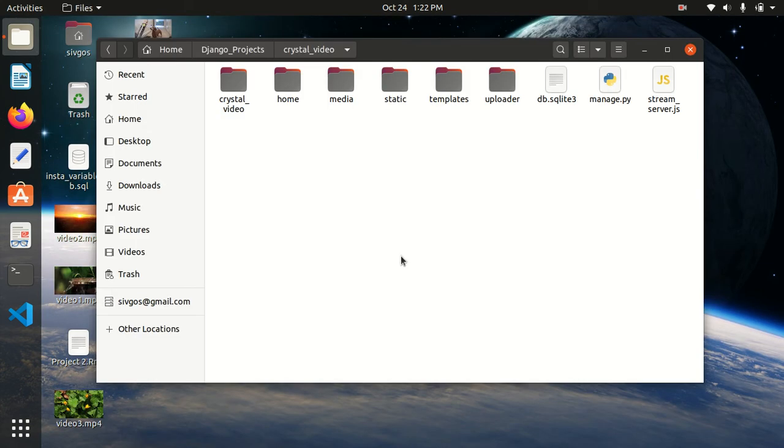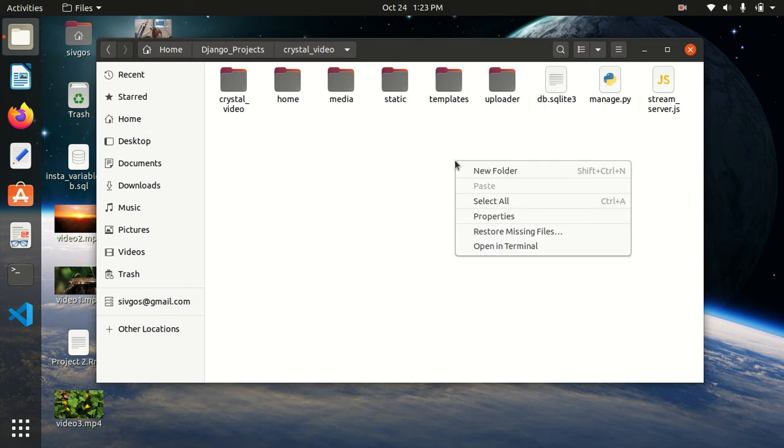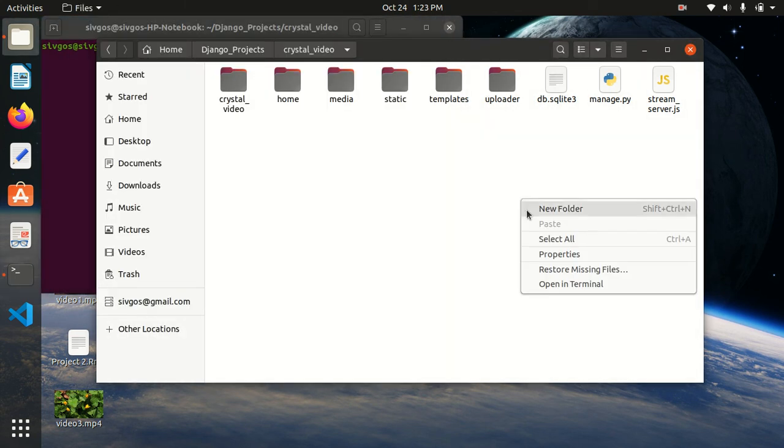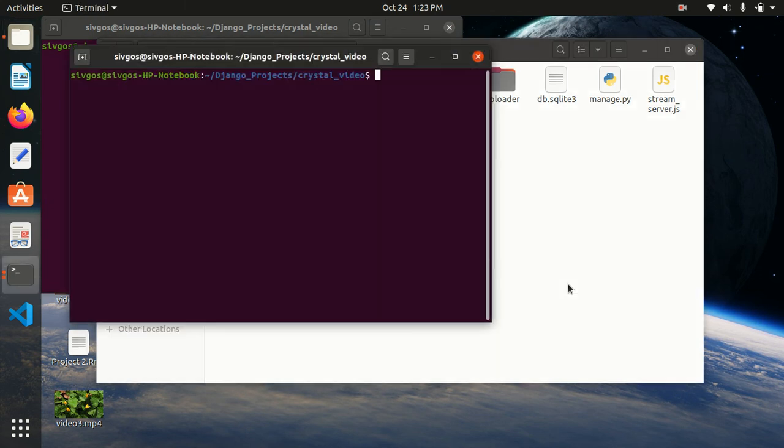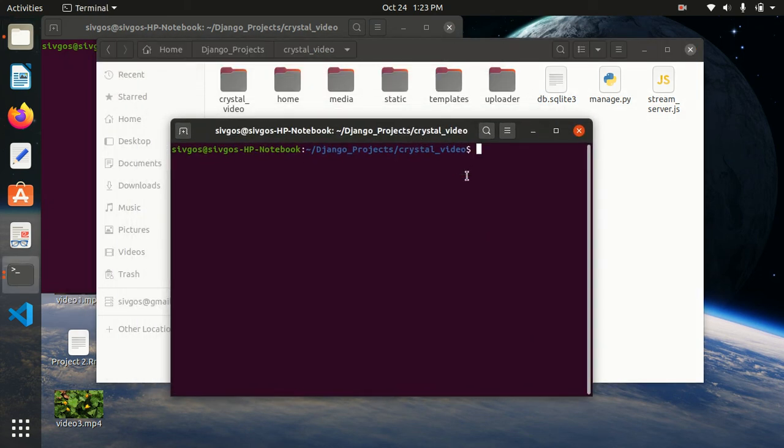Now let me show you the demonstration. Open the terminal, and remember I have to use two terminals because two servers will be running. First of all, let me run the Node.js server, the stream server. For that I just have to type node stream server.js, and this is running at port 3000.